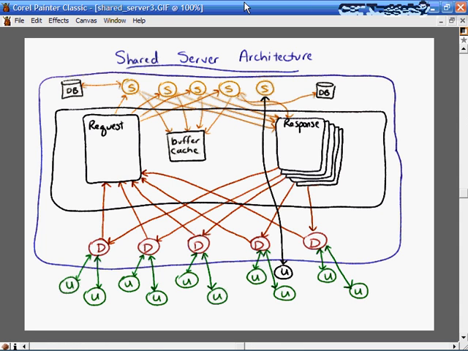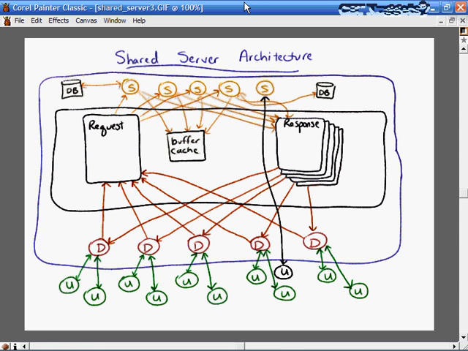So think of these server processes as being the chefs back in the kitchen at a restaurant. You really don't know who it is that's cooking up your food, and I couldn't care less as long as they're not spitting in my food. I don't care who's making it. Just get me my food. However, I do have a dispatcher that is going to be dedicated to me, at least for that one